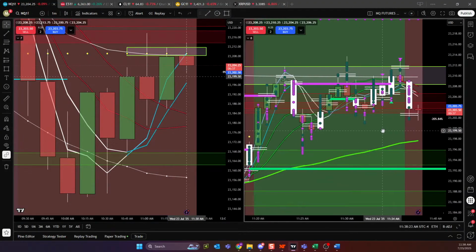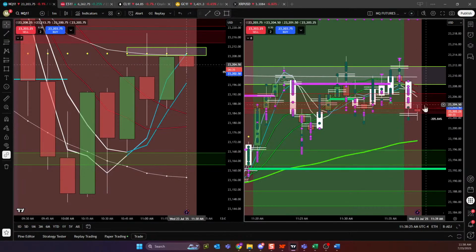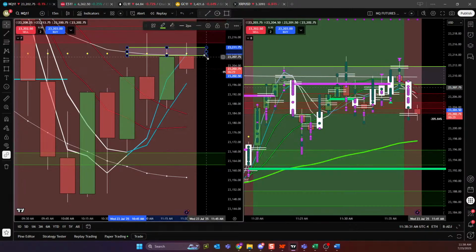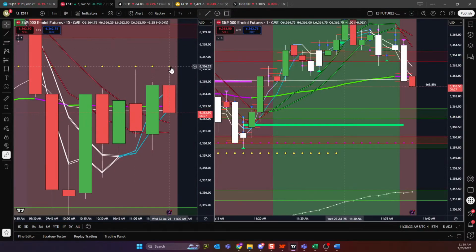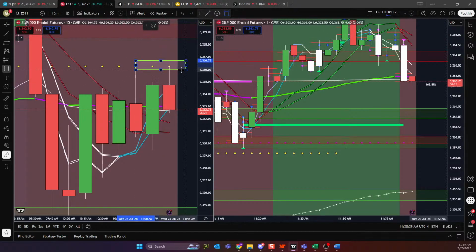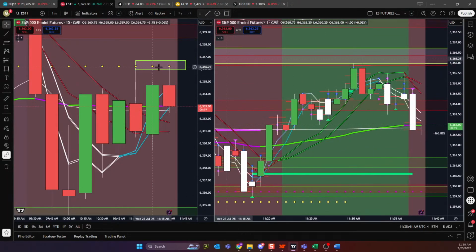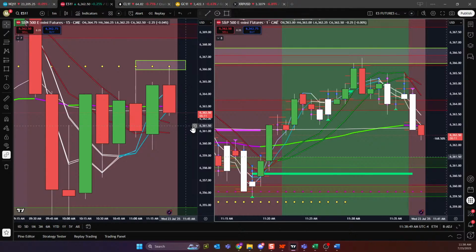Now my triggers have rolled. If I get an HVA line, I might look to sell that HVA line if it fits my plan. Same thing on the ES. All of you guys owe Pablo a nickel because he called it, pointed it out, and told you it was trouble. And look at it becoming trouble. Can't take a momentum trade with the smalls below the large. But once again, coming from trouble changes.